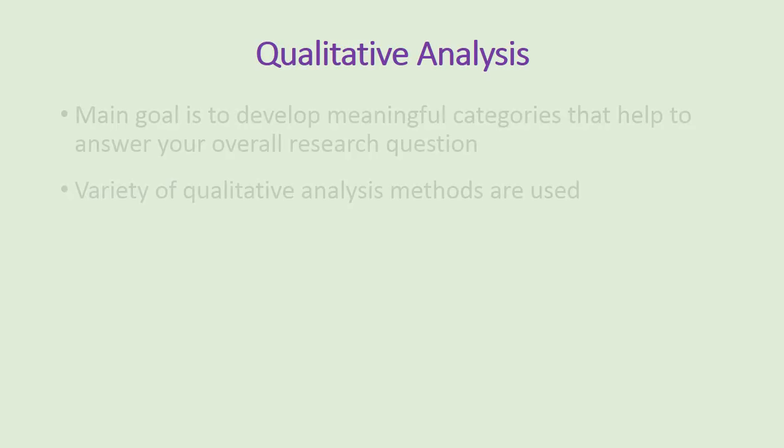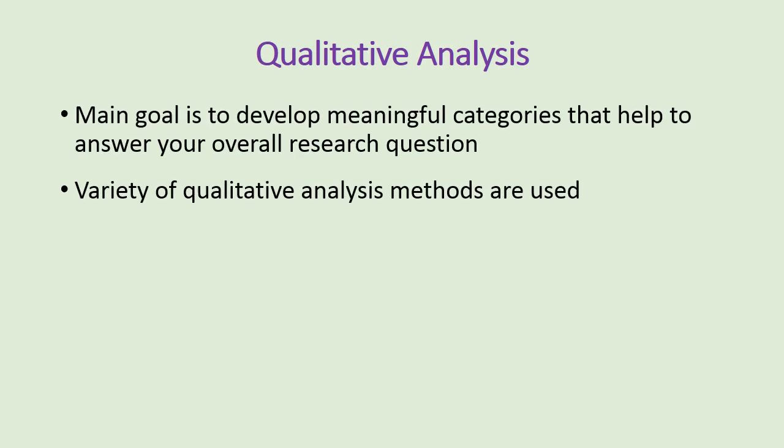In session 3, we'll practice conducting focus groups, and it's helpful to have an understanding of what happens to the data that are collected in a focus group. So we'll now turn to the topic of qualitative analysis, which we'll also address in more depth in session 6. The main goal of qualitative analysis is to group passages of the text within transcripts or field notes into themes and meaningful categories that answer your overall research question. This involves the process of reading transcripts of focus groups or interviews several times and coding passages of the text by marking the data with notes that you think reflect the themes or categories that are evident in the text.